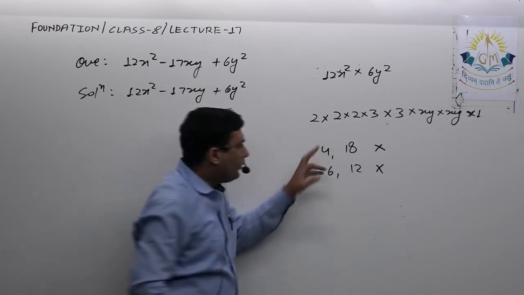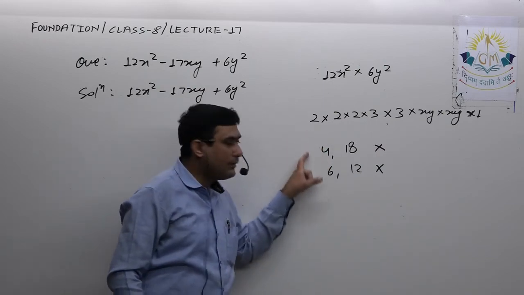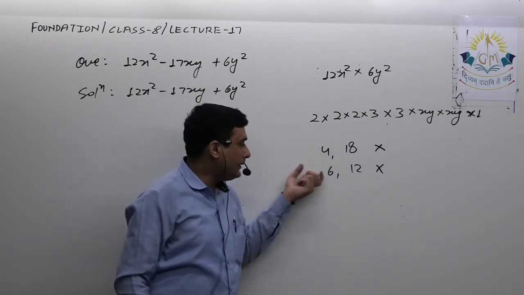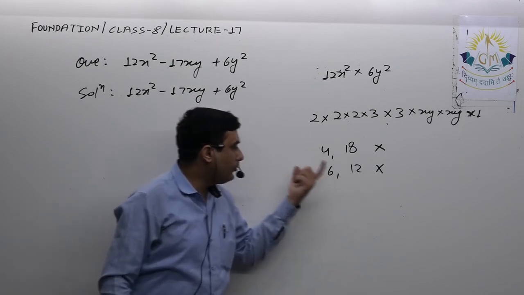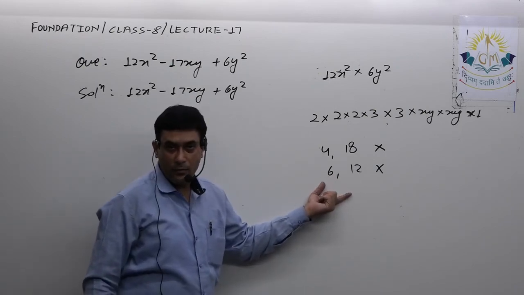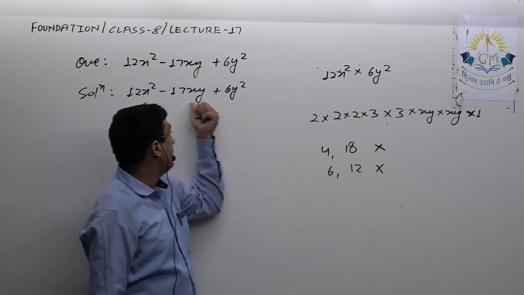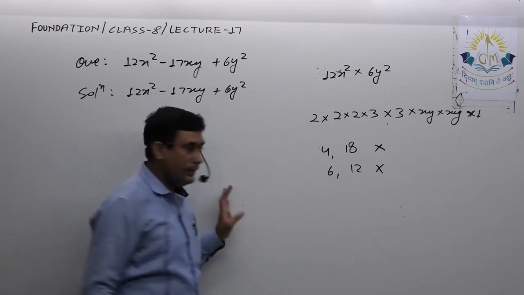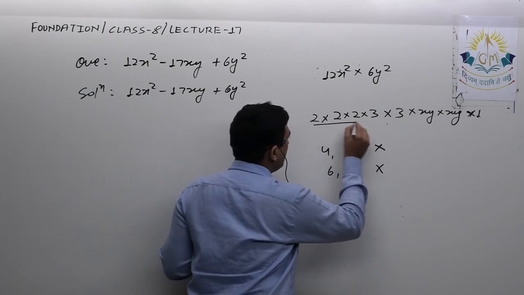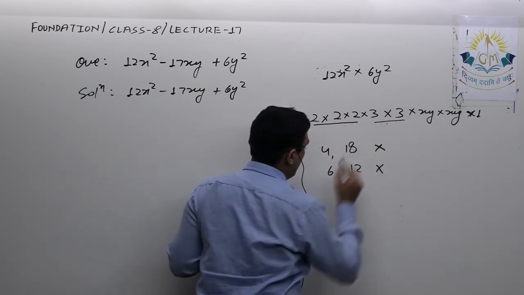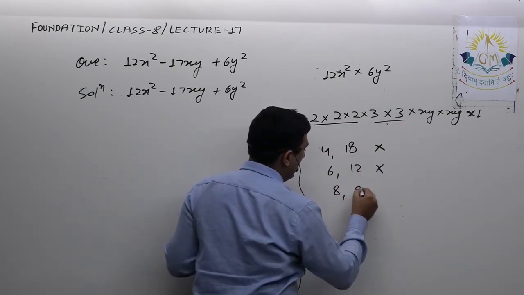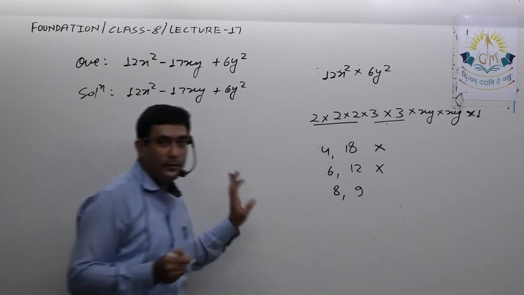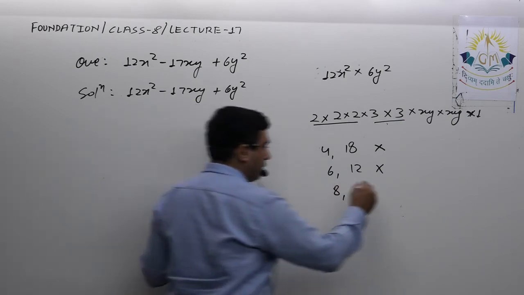See, I know what the correct combination is, but I'm giving you the example that you might get this type of combination, then how you have to conclude whether it is right or wrong. By adding and subtracting, you should get the middle term. So these two are incorrect. Now, if I take these three and these two, that is 8 and 9. Yes, their sum is definitely 17. So this is the correct combination.